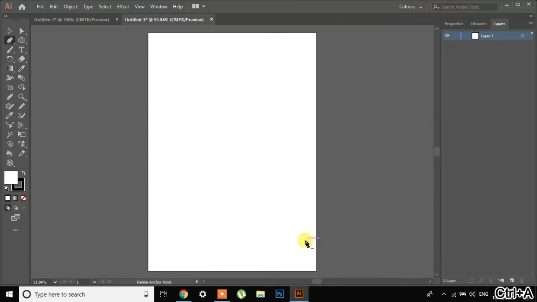So I'll just delete this. Okay, now I've told you how to create lines at different angles, but you can not only create lines using your pen tool, you can also create curves. What I will do is I'll select one point, I will go to the other point, but while going to the other point, I'll click and then drag. While I drag, it creates a curve, and then click in the center. I'll show you again. One point, second point, and then drag, then click in the center, and then the second point, and then drag.